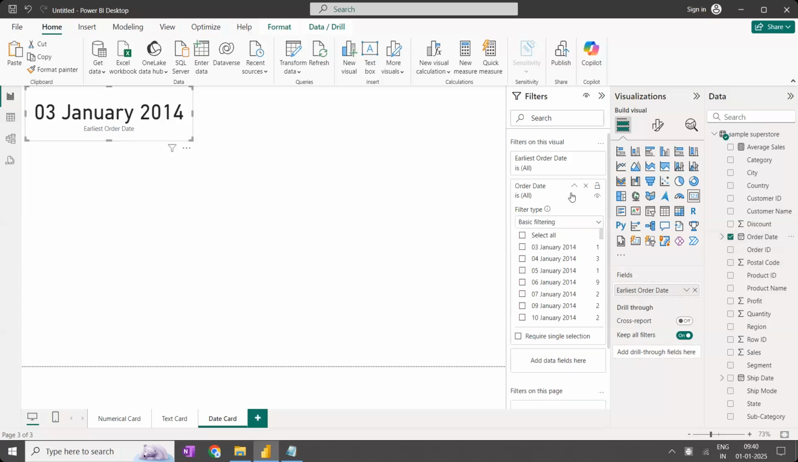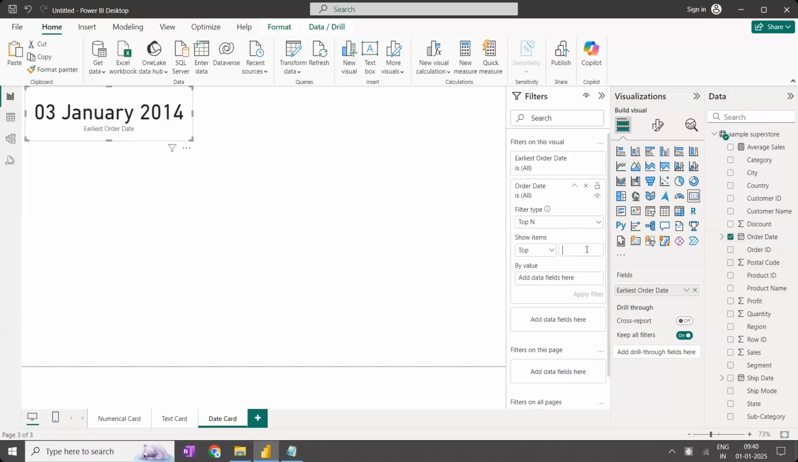Okay, which date do you want to show? Top N means the date that has the highest value, that particular date you want to show. Click on that. And this is applied on the overall